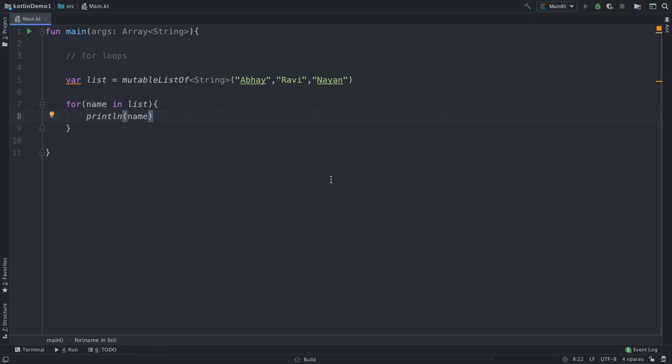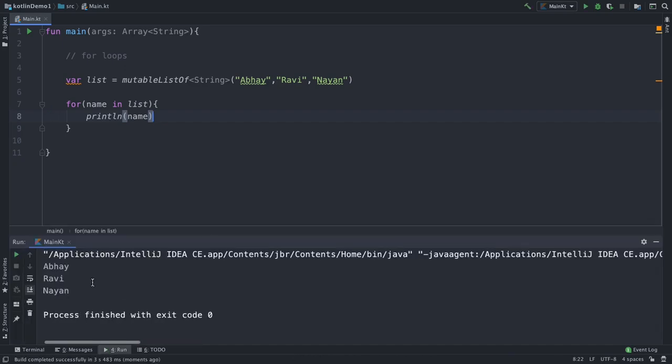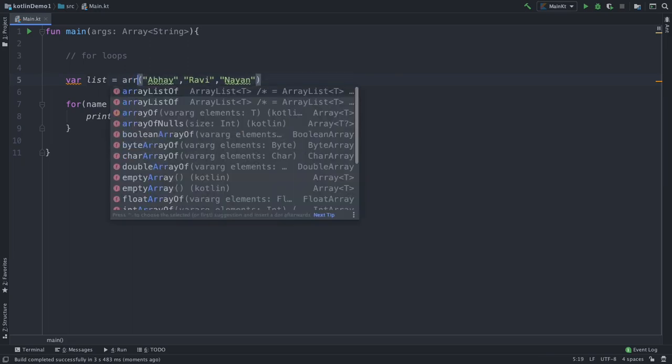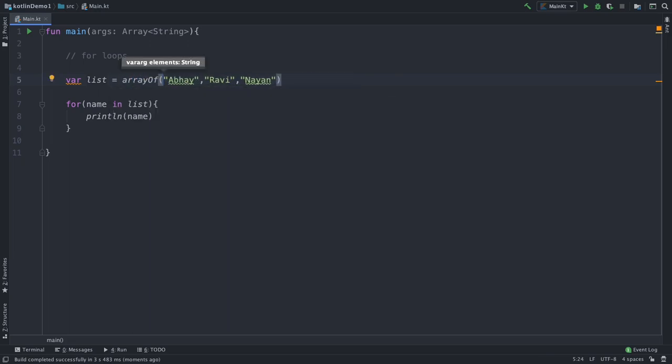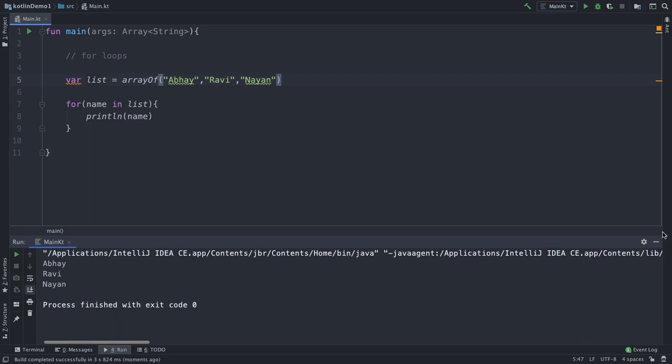Let's run this and see what we have. We got Abhay, Ravi and Nayan. Let's also see how we can use an array. Let's create an array of strings. Let's run this and we'll get the same result: Abhay, Ravi, Nayan, which are the elements inside the array.